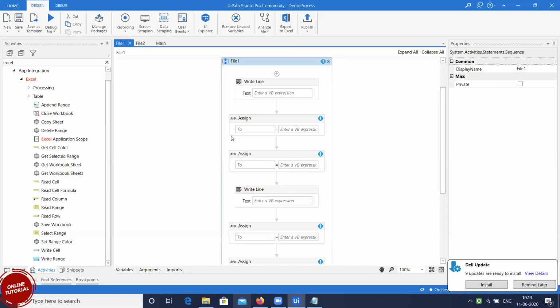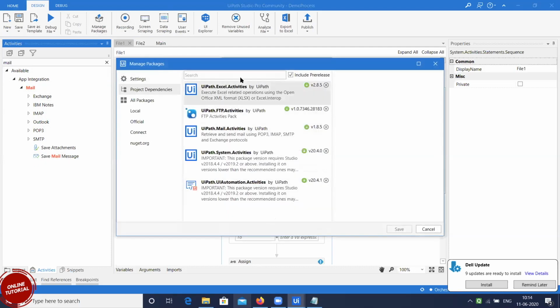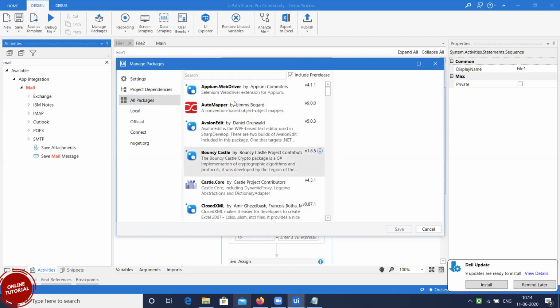Okay. If you have any doubts, you can let me know. These are the only activities, and we cannot add any more activities. This does not comprise anything with respect to the library and all of that, right? Whatever is given here, whatever you search, you get it. Everything you can use. Apart from that, whatever you don't find here, you can always go and download from managed packages. Managed packages are your source. For any activity that is not found, your source is managed packages. So this is the global library of UiPath.